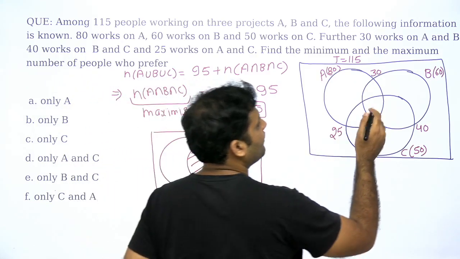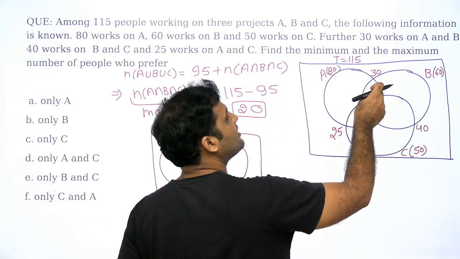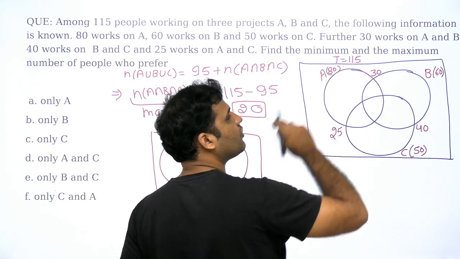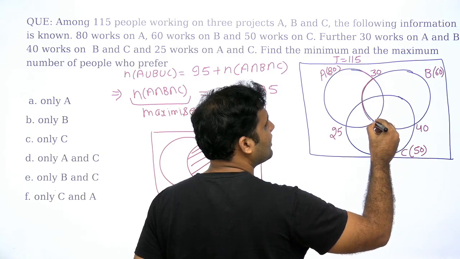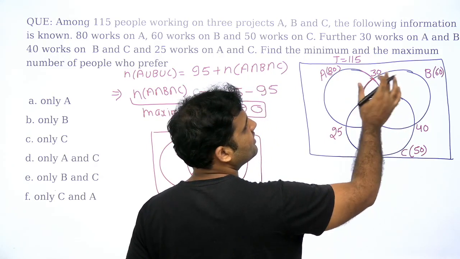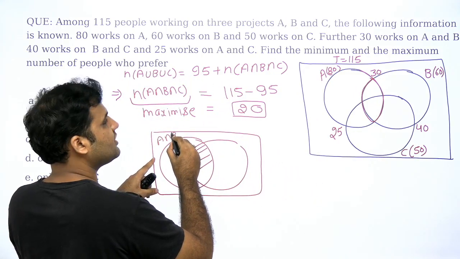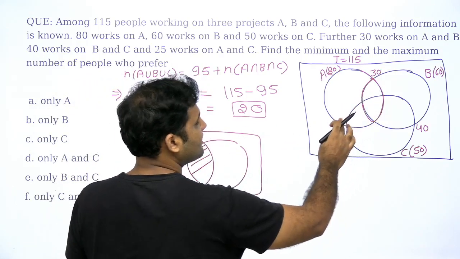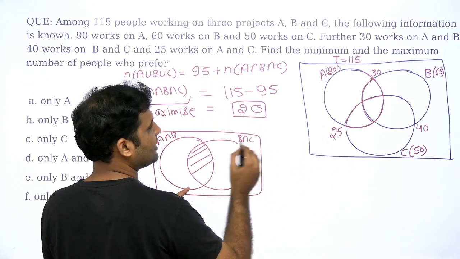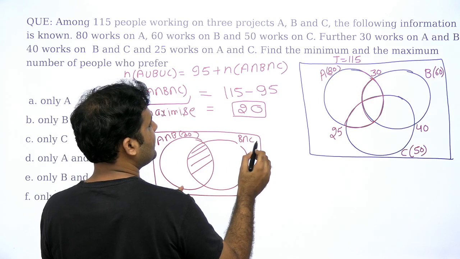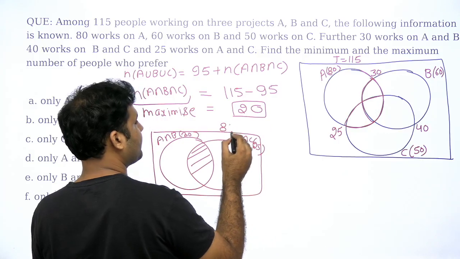See this, if I want to minimize this part, what we need to do here is, you first need to see this complete circle is having a value of 80. The union of these two sets, guys, you see that this part is equal to 30, and A intersection B is our one circle, and B intersection C, here you can see this is our B intersection C part. Now this value is 30 and this value is 25. The union in this case is 80 over here.